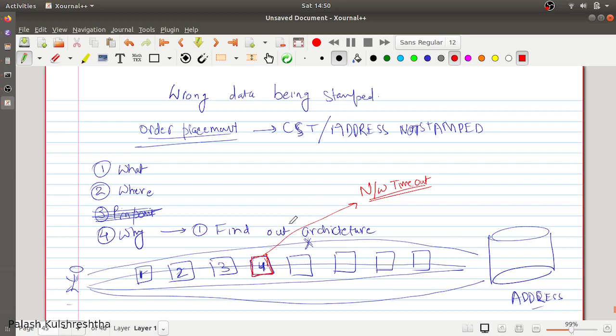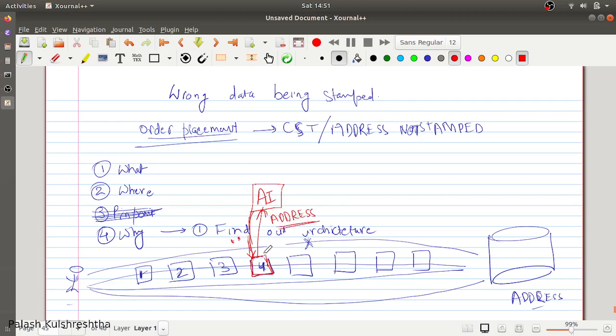For example, let's take another scenario in which system 4 is basically calling another service. It is, let's say, an AI service, and system 4 is providing the address so that the AI service can check whether this address is valid or not, whether this address is safe or not in terms of fraud risk and other things. And in the response, rather than returning the address back, they returned an empty text or empty string.